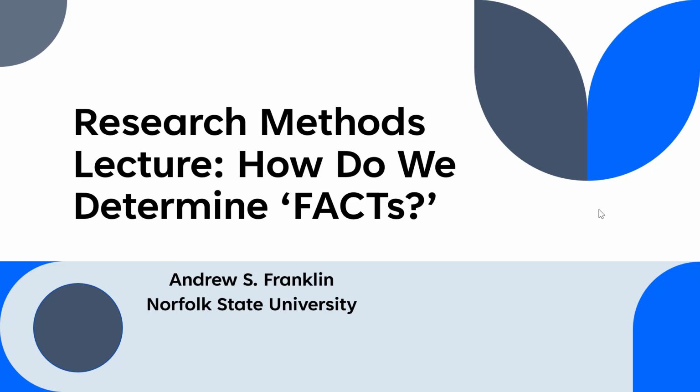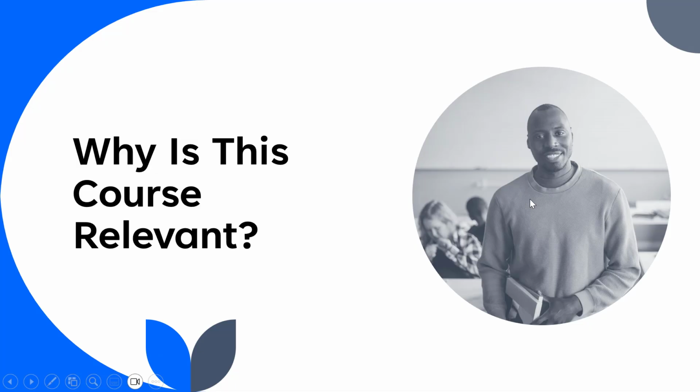After all, scientists have their own means to determine if something is true or accurate, though it should be noted that conclusions are usually stated tentatively instead of definitively. Before we get started, I think it's important to establish the relevance of research methods as a course. So we'll start there because I know some of you all are like, let me just click through or passively listen to this presentation, and I really want you all to lock in.